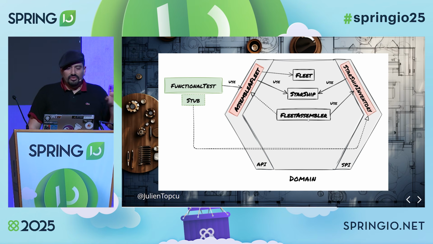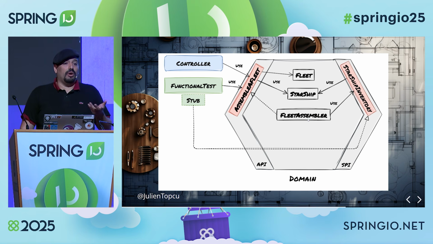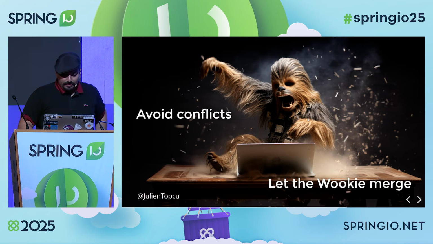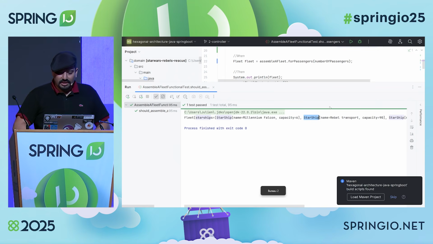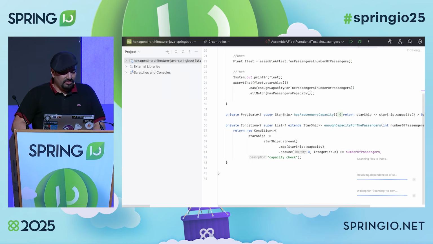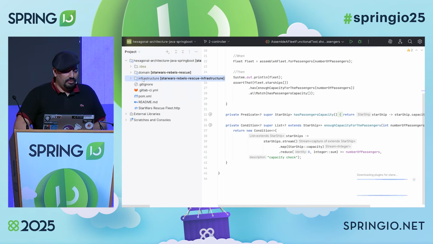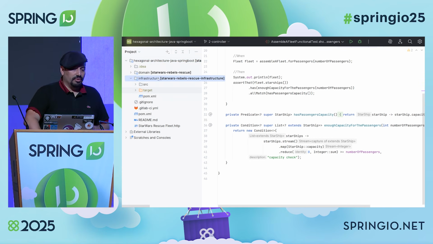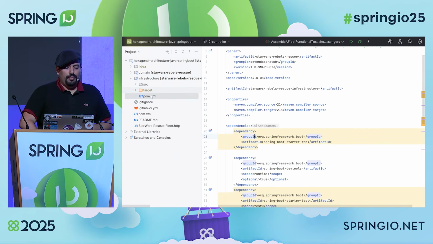Okay, so the business logic is done, and now we would like to make sure it brings the value it's supposed to bring. So the next step is to create a controller to expose that business logic over the network. So let's proceed now. Okay, so I have prepared a bit of things again, just to avoid all the boilerplate. And as you can see, now I have one new Maven module, infrastructure, in which I will put the controller,